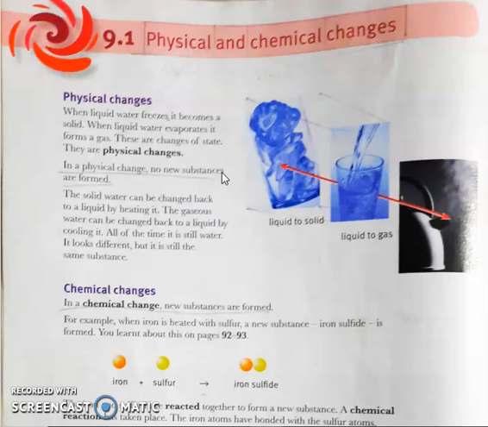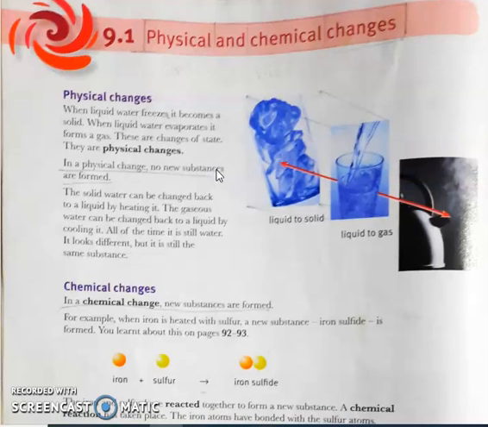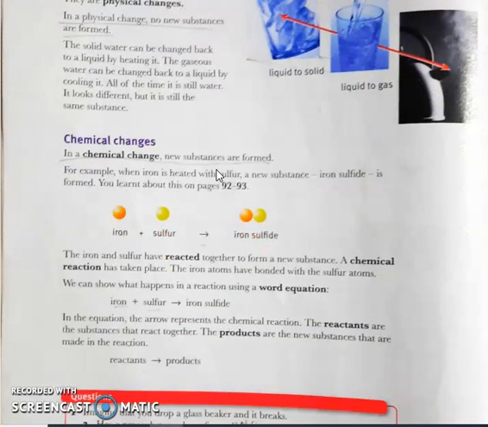Okay, so next we are going to study chemical change. Okay, so what is a chemical change? In chemical change, in contrast to physical change, a new substance is formed. For example, suppose you are burning a paper, ash is produced, right? So when a paper is burnt, it will be converted to a black ash. So is it possible to convert that black ash to paper? No, it's not possible.